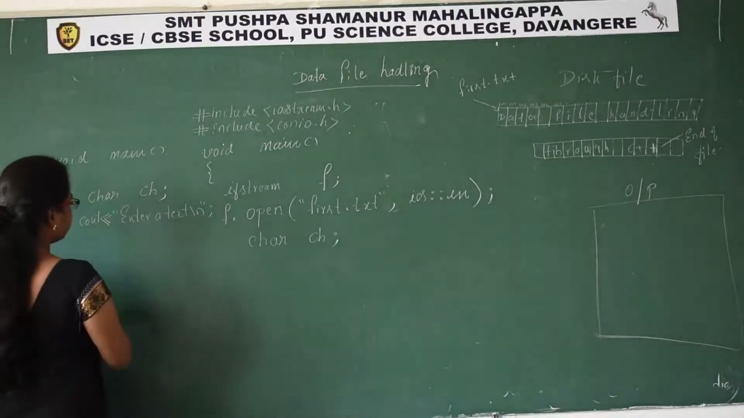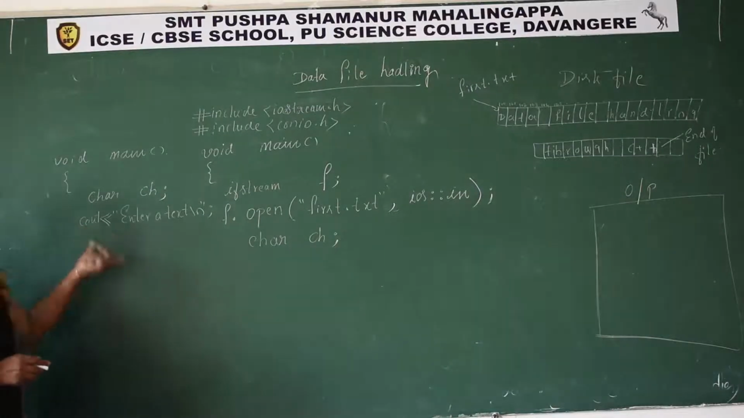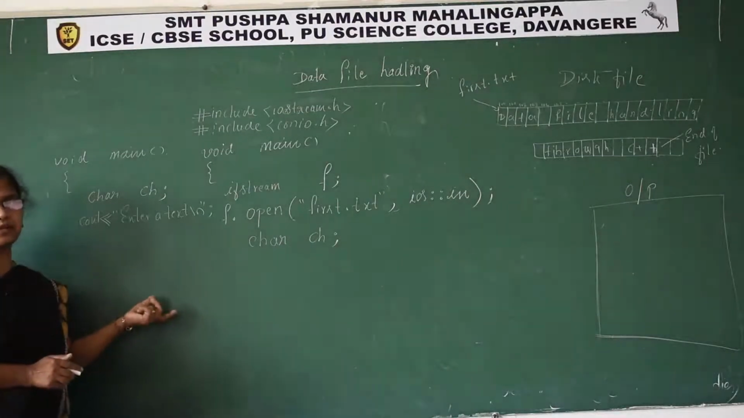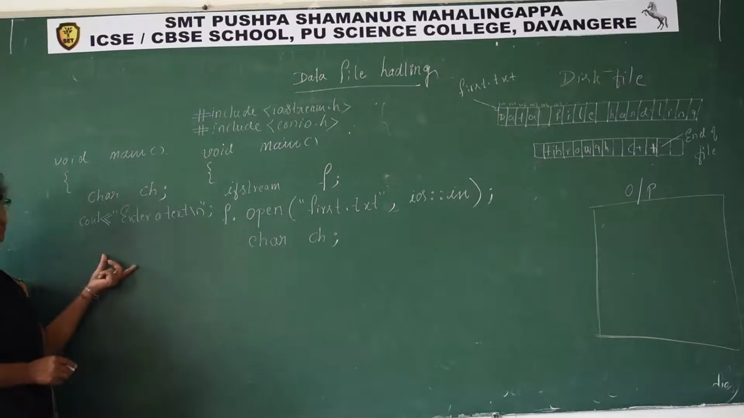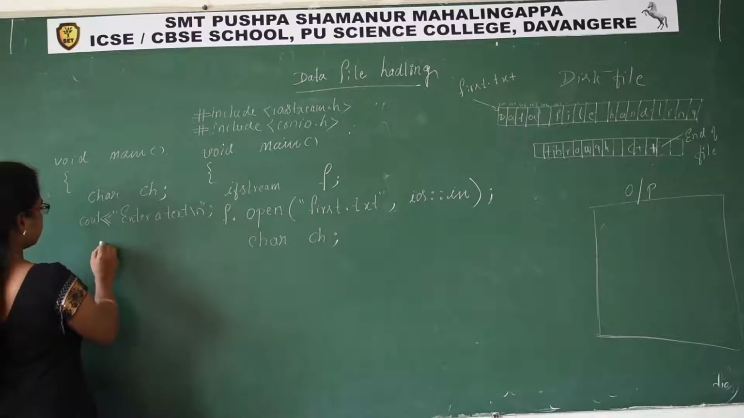When I press the enter key, then it has to stop reading. How to indicate that? Which is the specifier which indicates the enter key format? \n, isn't it? We call it an escape sequence, no? While